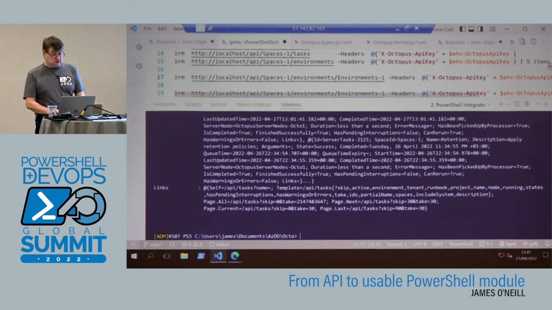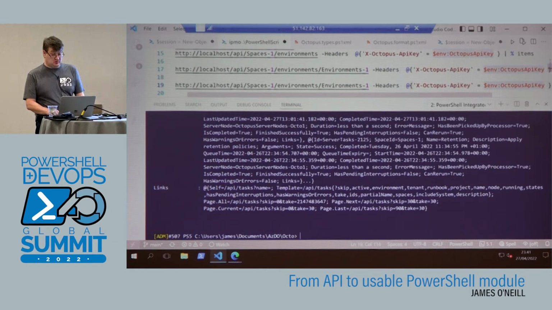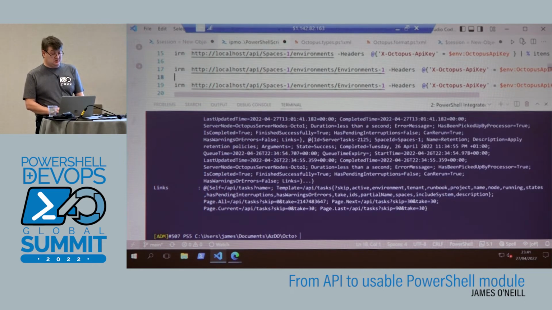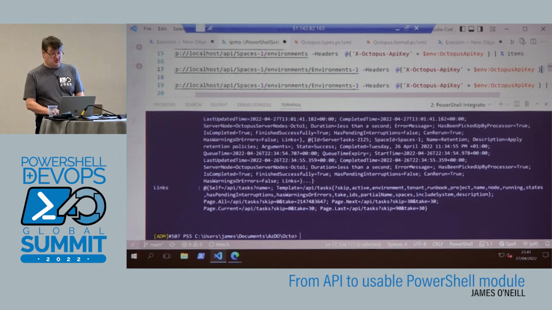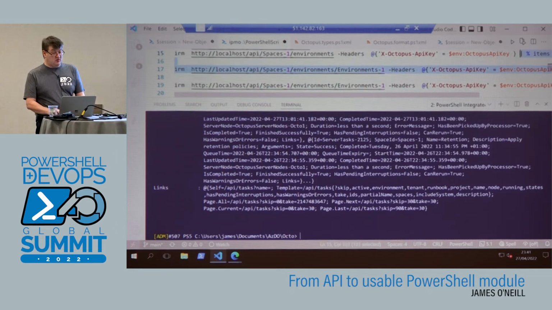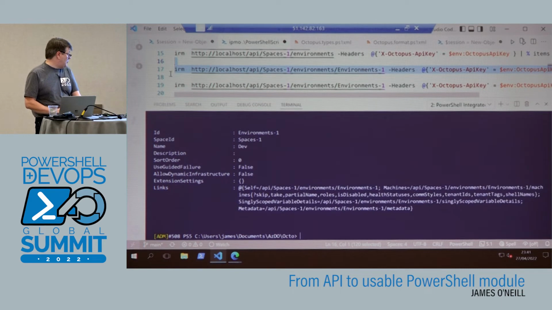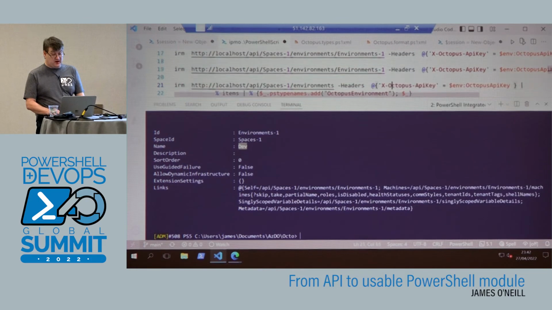Now, I can get an individual item. So we saw when I got environments, there was a collection of items there, but I can just specify the URL for 1 item. So you can see environments 1, it's called dev, and again, it's got some links to get other information about it. And if I scroll down a bit further on my list of pre-prepared things to call,